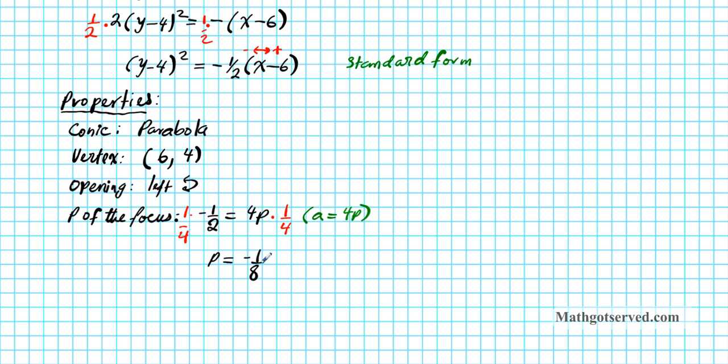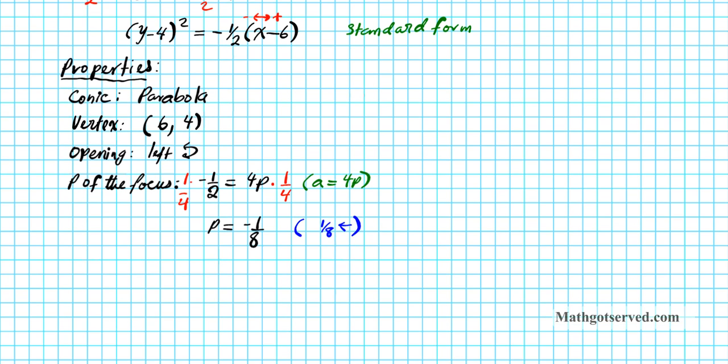Okay? So this tells me something. This negativity tells me it's either going left or downwards. Since the opening is to the left, the focus always goes in the direction of the opening of the parabola. So this quantity right here is basically telling us that the focus is going to go 1/8 units to the left from the vertex. All right, now that we have p of the focus, let's determine